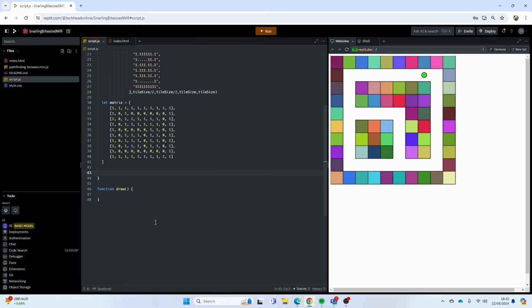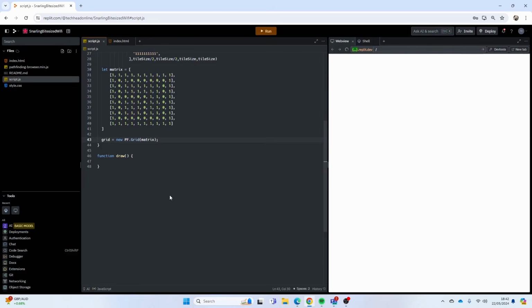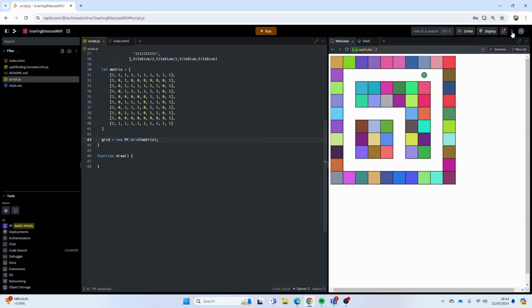So I'm going to say, I've already got it up here, so I can say grid equals a new pf.grid, and I'm going to pass in that matrix that I've just made. Fingers crossed this works. The only reason it wouldn't work is possibly to do with me not installing that library properly. So if we get an error, we know I've messed up. We're good. So I've now got this grid, and I can say let, again it's a local variable, doesn't really matter to be honest,